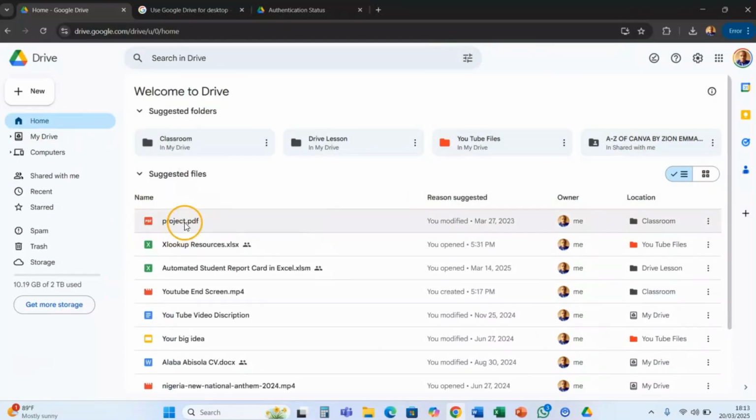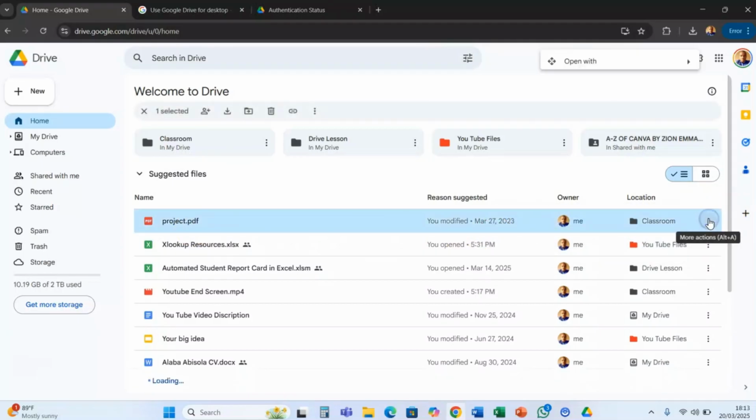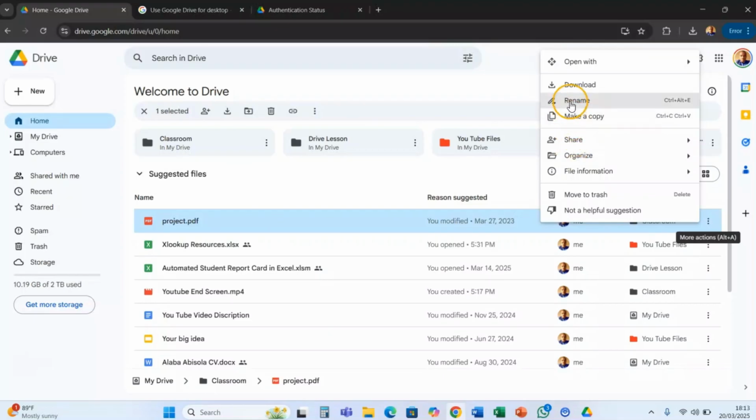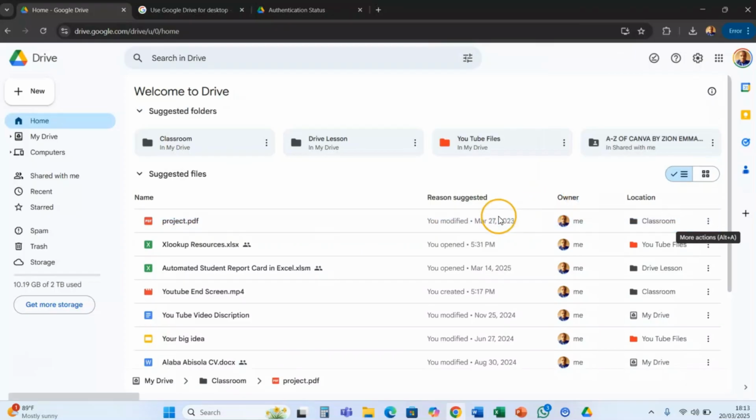So any file, if I delete any file from here, automatically it will also be deleted from my local computer. For example, this file, let me delete it. Let's move to trash.